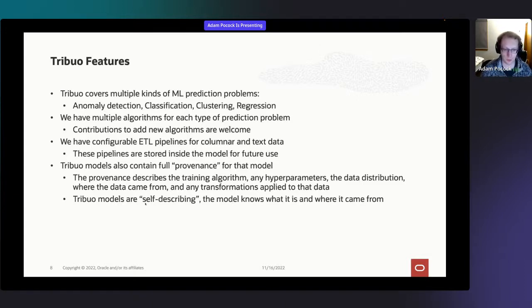The provenance describes the training algorithm, the hyperparameters, features of the data, where it came from, and any transformations you did inside the JVM where we can see them. That captures all of that in one object, which then lives inside the model, which means that these models are self-describing. The model knows where it is, what it is, and where it came from. So it can tell you a lot more about its structure and how it was created. You don't have to store that information elsewhere.